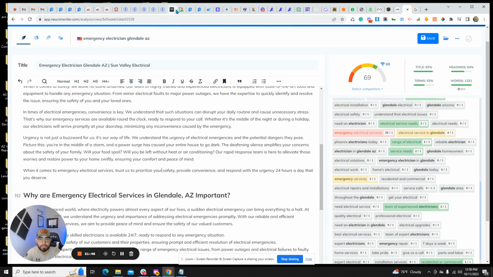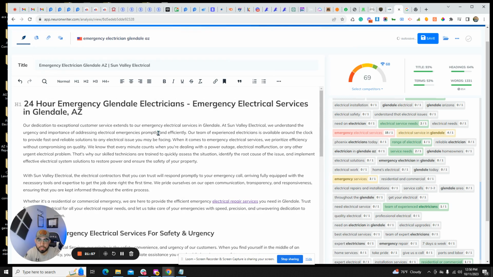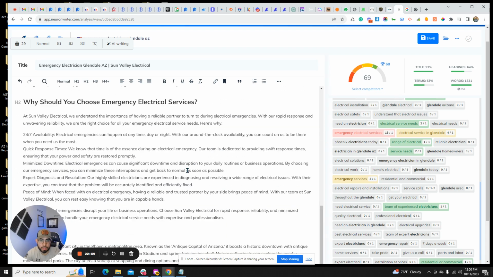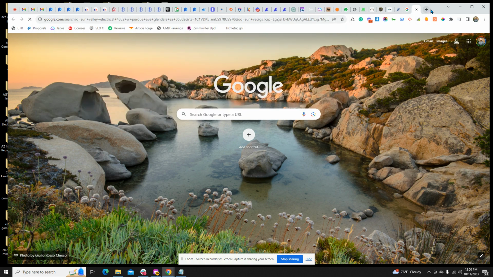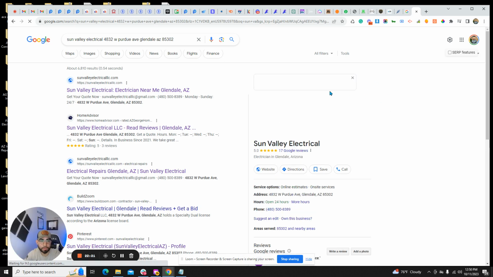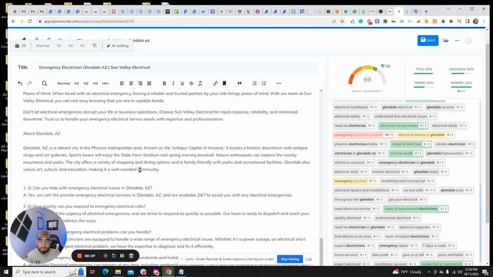I also always like to do a link to the homepage. So let me pull up the actual website here. Copy that. Go back for this one. Let's see. We'll do emergency electrical services. I'll link that to the homepage. And then I also like to do a link to the GMB. And that's an external link, right? So it's not an internal link, it's an external link that we're linking out to a property. So let me just grab the share link and then I'll probably use